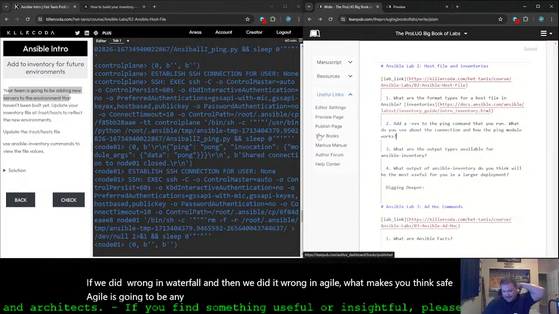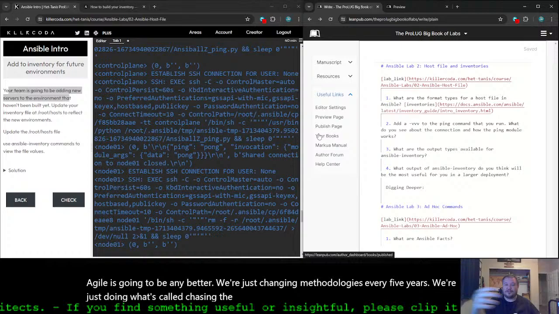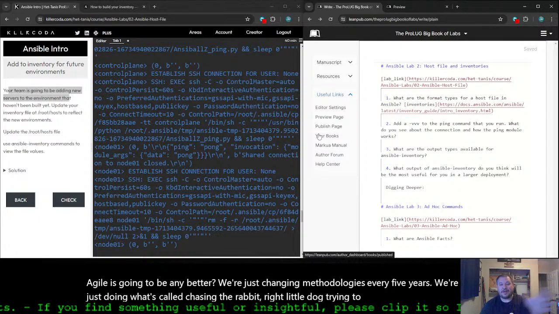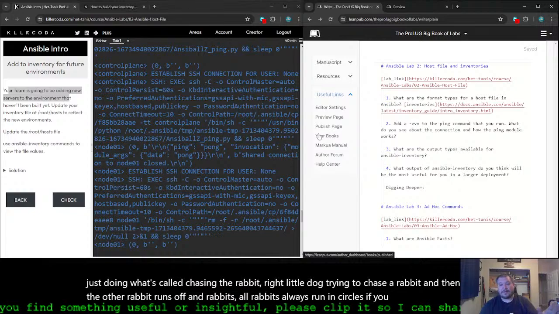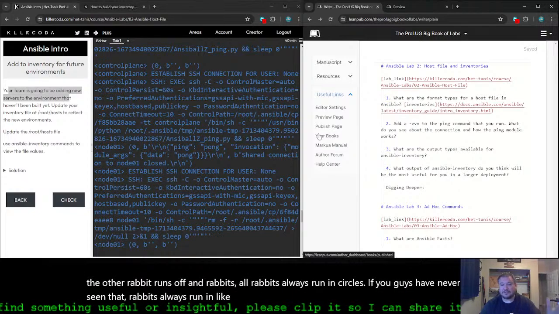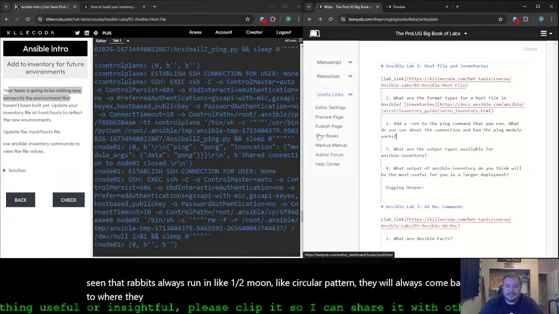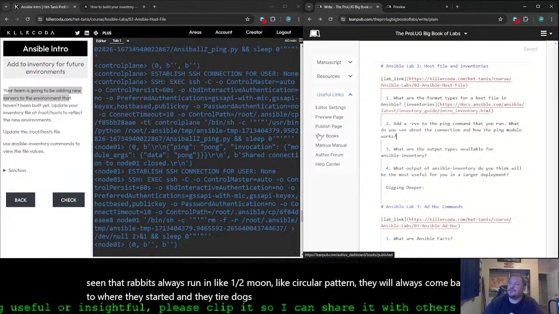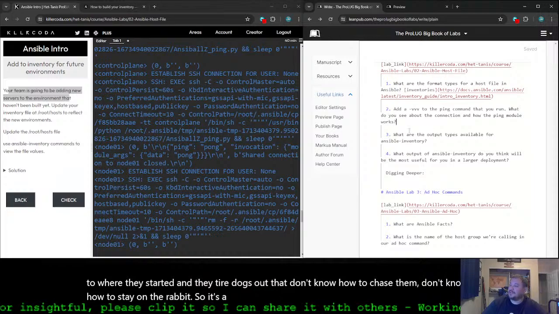We're just changing methodologies every 5 years. We're just doing what's called chasing the rabbit, right? A little dog trying to chase a rabbit, and then the other rabbit runs off. And rabbits always run in circles. If you guys have never seen that, rabbits always run in a half-moon, circular pattern. They will always come back to where they started, and they tire out dogs that don't know how to chase them, don't know how to stay on the rabbit. It's an engineering concept, or it's a business concept, right?